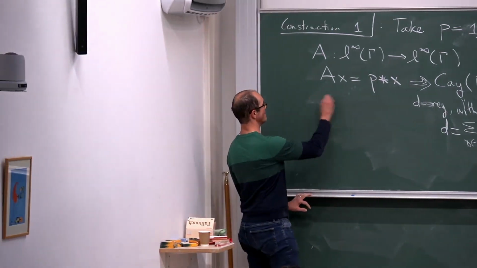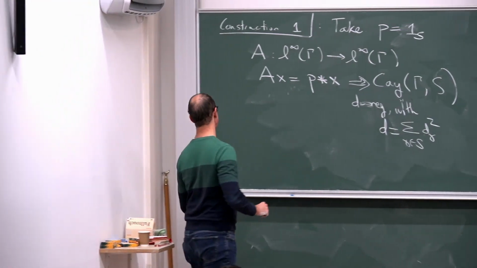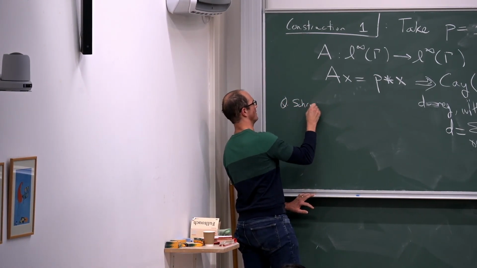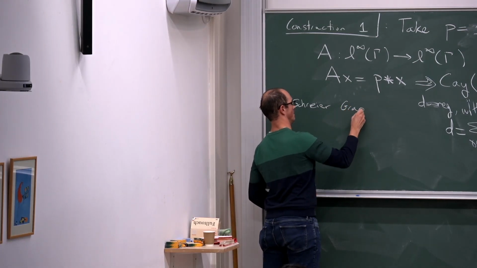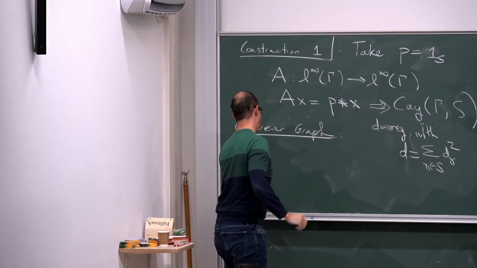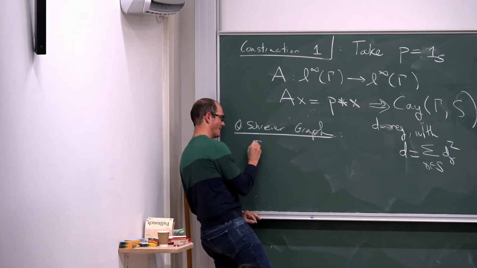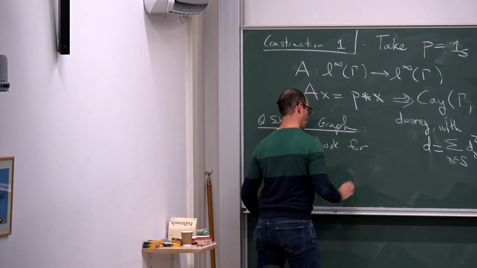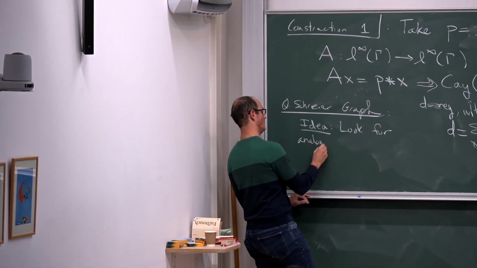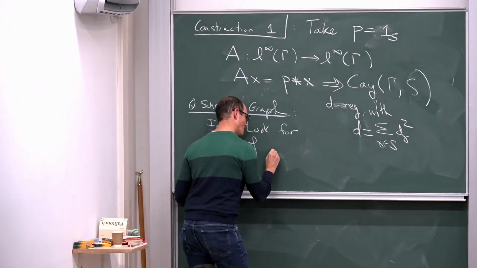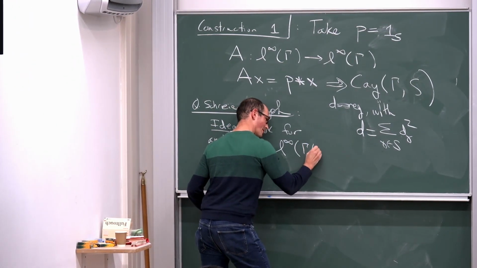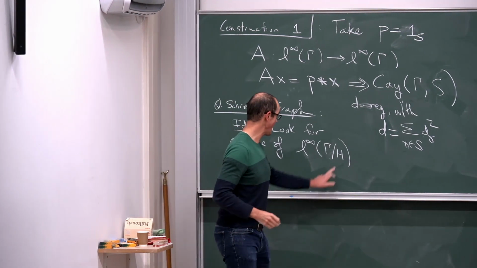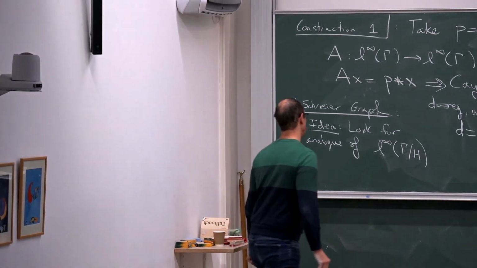In general, though, how can you do a Schreier graph? Well, this is a bit of a strange thing. So a quantum analog of a Schreier graph: the idea here, and maybe since I'm running low on time, is to look for the analog of the function algebra of gamma mod h, okay, where h is now a closed quantum subgroup,